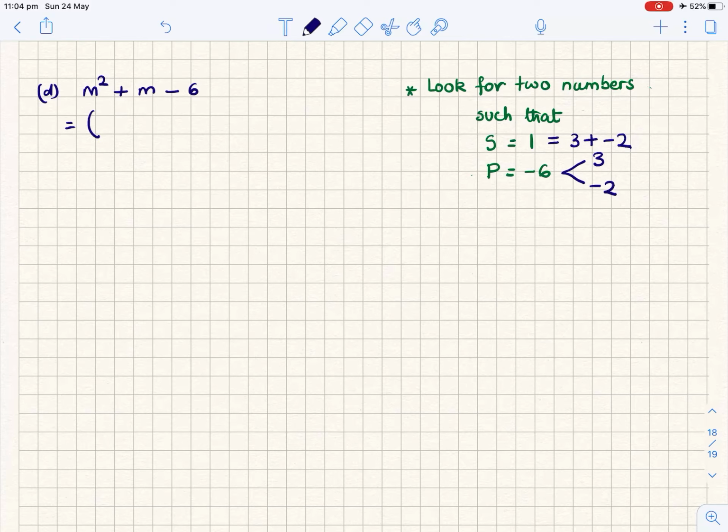Set it out with two parentheses. And this time, instead of x, we have the letter m. So m, and here we write the two numbers. The two numbers were 3 and negative